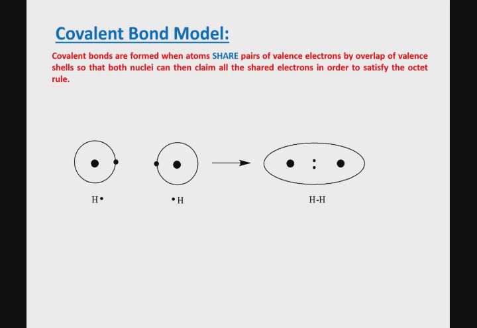attracted to each other. In covalent bonds, the electrons do not leave any of the valence shells of any of the atoms. What happens instead is the valence shells of the two atoms overlap each other, such that the electrons in those valence shells now have a larger space to move in around both the nuclei that are participating in